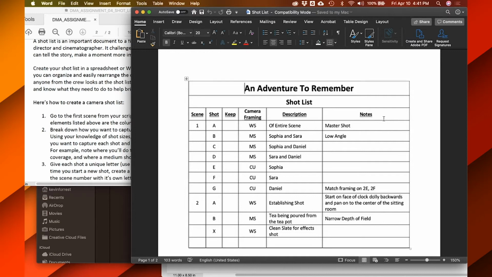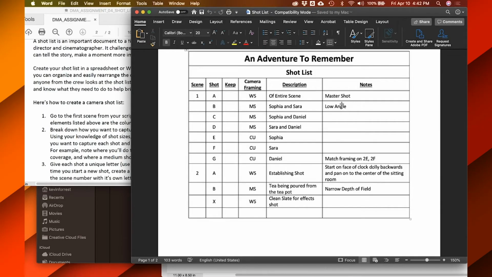So you can also do a shot list in Excel, in Word. Doesn't really matter. When you're on set, you would print it off and have it with you. So it doesn't matter how it's done. Don't have it on an iPad or a laptop, because you're going to be trying to figure out where that is, and so you want to be able to hand that shot list off to people. This one is done in Word,